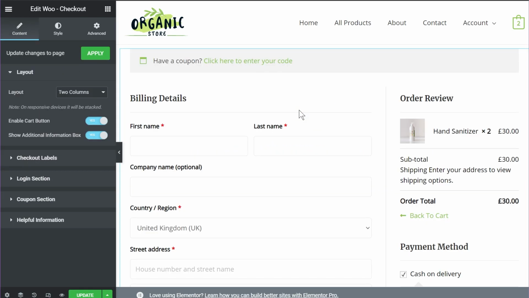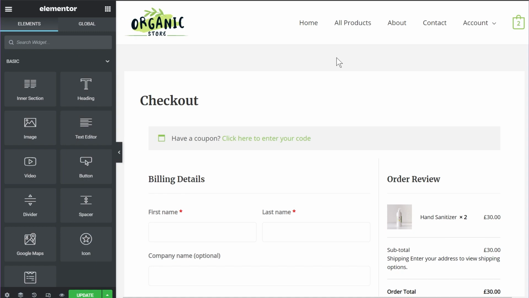And you will notice that the familiar checkout process is now visible once again. But the difference is that this time the checkout process is being added by the Woo checkout widget. That means it's completely editable. So I already had a page open on my website and I performed all these steps already. So let me switch to that tab and I'll show you all the optimizations or checkout customizations you can do with the brand new widget in UAE.